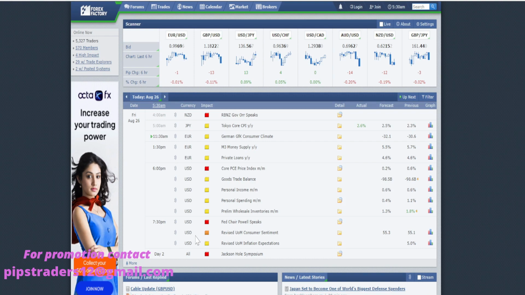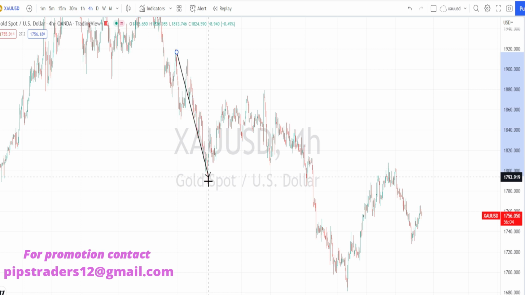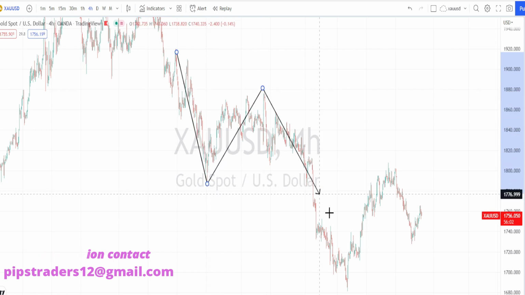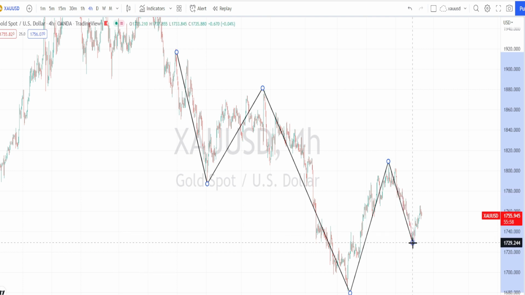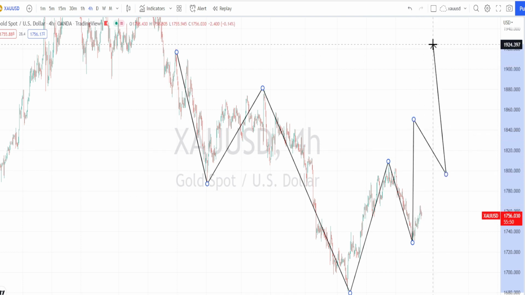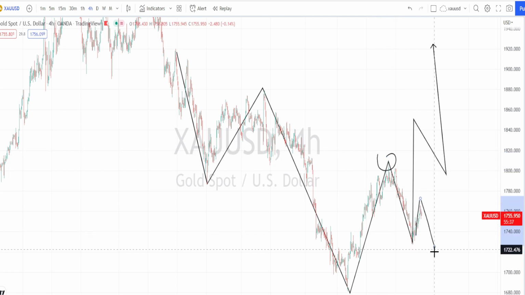Let us begin our gold analysis. I am in 4 hours time frame now. When we look at the price action in 4 hours time frame also, it is still in a very strong bearish trend because we have noticed the price action not to break the previous high. Only when the price action breaks the previous high, we can expect the bullish side trend reversal to start in 4 hours time frame. Currently we are noticing the price action to retrace and then to bounce back on the